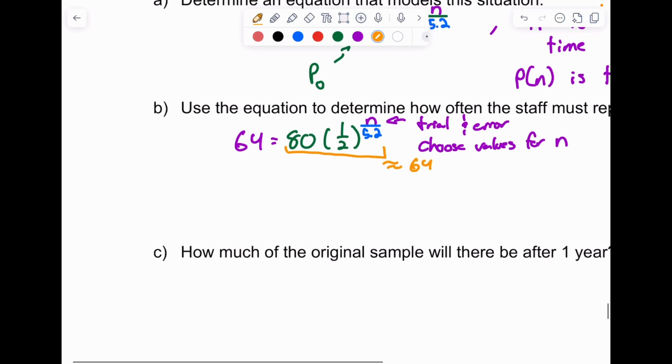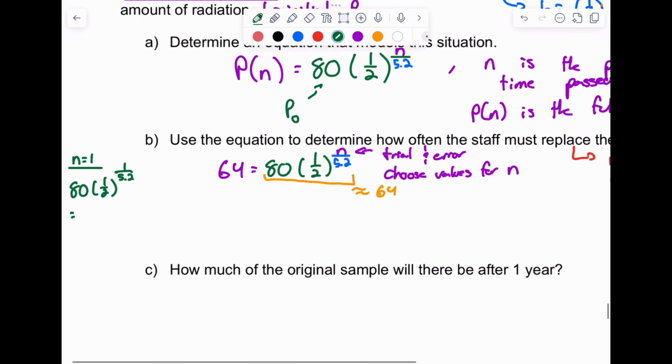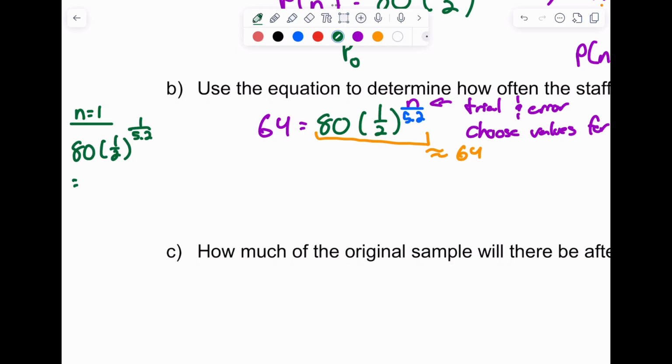So let's try it, okay? I'm just going to choose a value, hypothetically, when n is 1, just to get a benchmark of where we are. So I take 80 times 1/2 to the power of 1 divided by 5.2. Let's see what happens if I only let 1 year pass. So 0.5 to the power of 1 divided by 5.2, times that by 80. I get 70. Okay, so after 1 year,